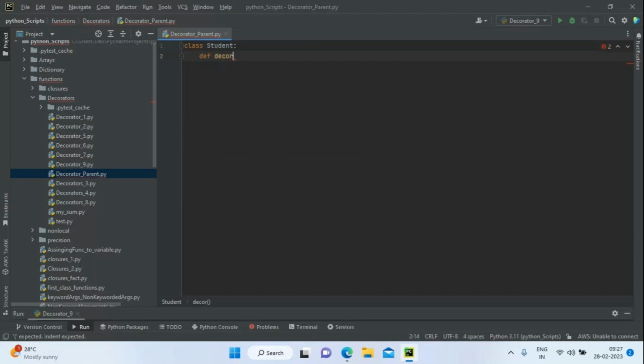Okay, the decor function, and you have to take a function as an argument, and then you're going to have grades, right? The wrapper function, you can give it the name grade. What is the first argument you have to pass for a wrapper function? If it's a class, you have to pass the self keyword, right? You have to pass the self keyword, and then I'm going to have one more additional